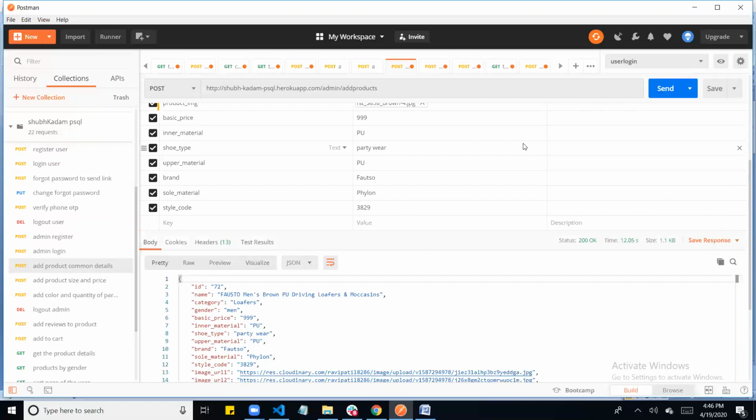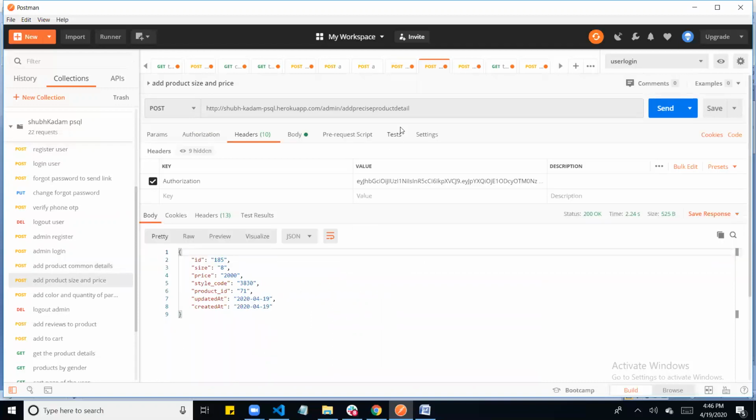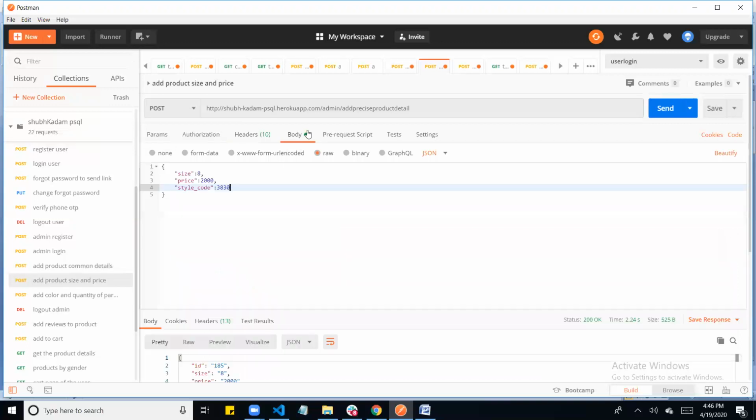It is taking time because it is adding 4 images in the Cloudinary. So I'm getting this ID and the whole thing. Afterwards I will add size and color for this, and for that I have to use the similar style code which I have used earlier, and the size and price of the quantity.